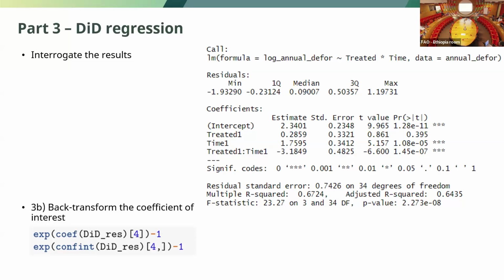So this is for the full time series of data, the whole 19 years. And the coefficient of interest is this one here. And this reflects the effect of being in the offset in the years after protection on the log transformed count of deforestation and its significance, which is really great. This doesn't make any sense, really, just like it is. So we need to transform it to something that makes sense, which is the next bit of code, which is essentially undoing the transformation that we did before. So if you run that next section of code,